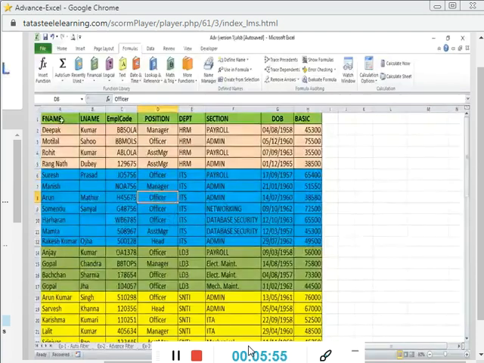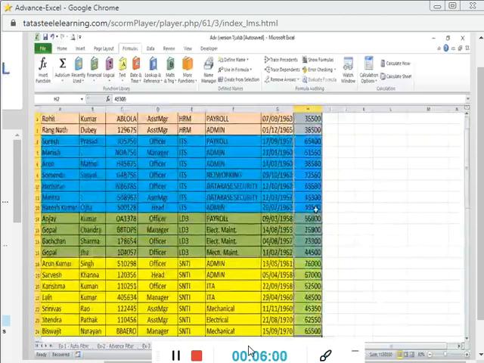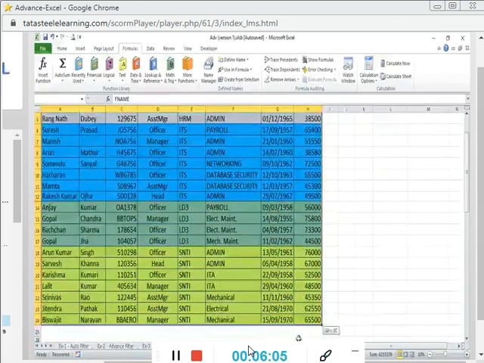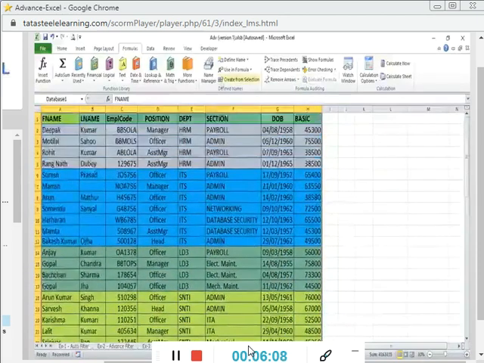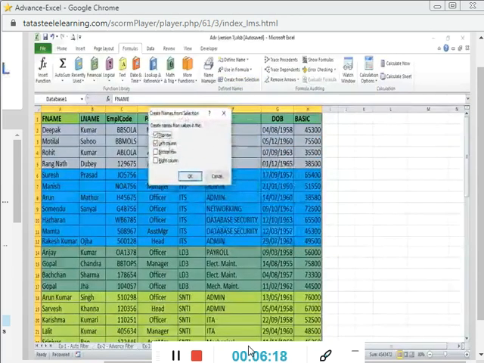Suppose you want to name this range as something, but when you create it by selection, suppose I have selected this database and I want to create names using this selection. So we will go to this option, create from selection. This dialog box will appear. I am unchecking this option because this is not relevant in my case. I will use top row only to create the names. So I have kept this top row selected, and I am clicking the OK button.